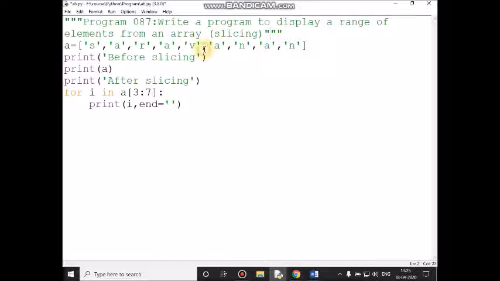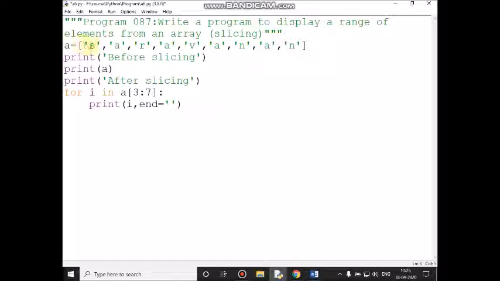Next line I am going to assign the values to the array. Array name is A equal to, here at the initialization itself I am giving the values. It is enclosed with square brackets, each element enclosed with single quotation marks. The elements are separated by commas.